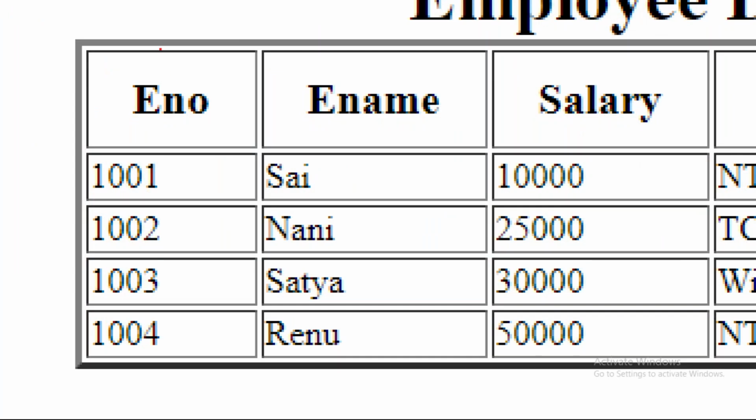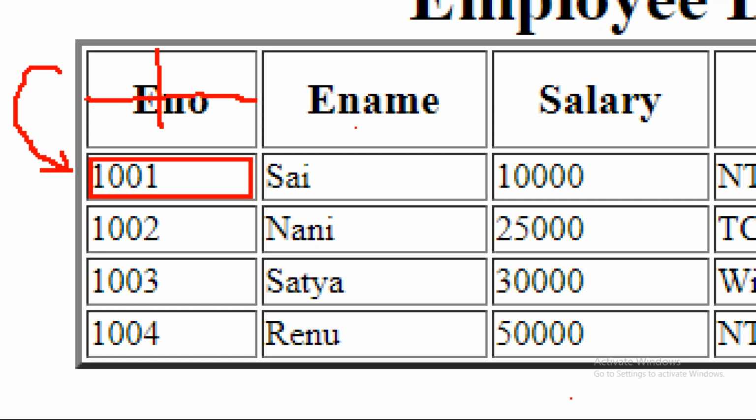See here, I want the same padding, top and bottom, right and left, in the body. For each TD also, all right. For each TD also I want the same. Suppose this is one TD, right, guys? One TD. Here also I want to apply the same styles as TH.